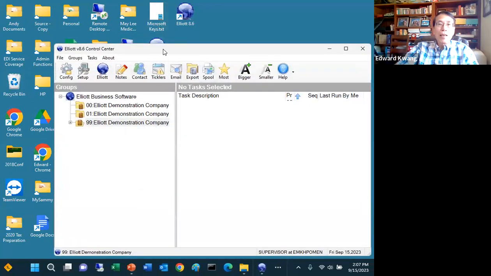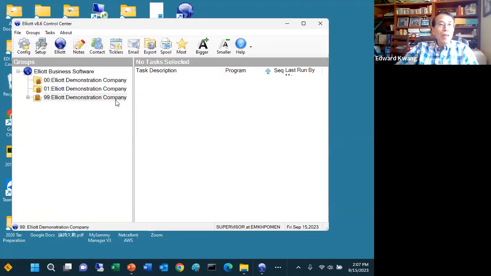Now, if you look at Elia 8.6, on the surface, it looks just like 8.5. But underneath, if you explore further, actually there are a lot more powerful features. The two main features are report desk and power search, which we're not going to cover right now. And we will talk about that in a separate session, okay? And so that's basically for now.